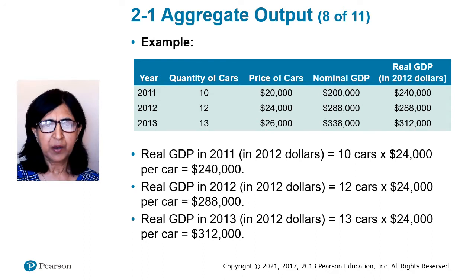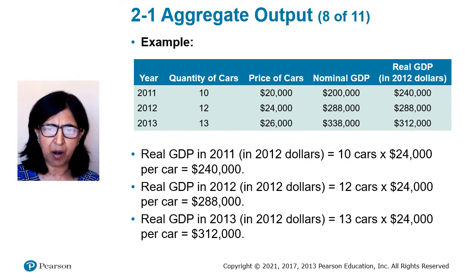Aggregate output. Numerical example showing calculation of nominal GDP and real GDP. Example above shows how nominal GDP and real GDP are calculated. Nominal GDP for 2011 in 2011 dollars equals 10 cars times $20,000 per car equals $200,000. Nominal GDP for 2012 in 2012 dollars equals 12 cars times $24,000 per car equals